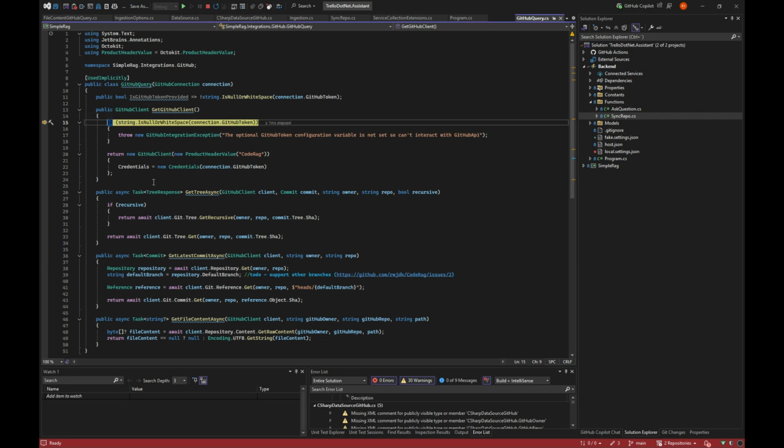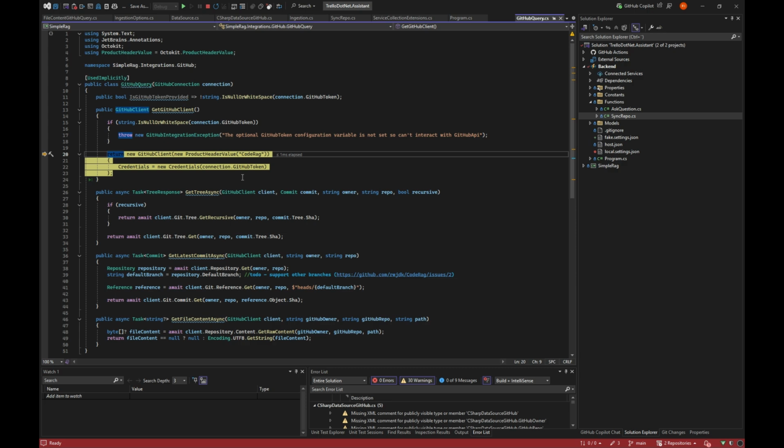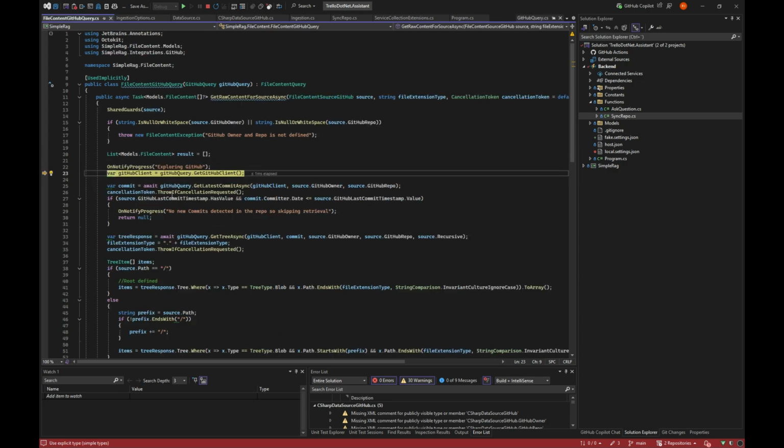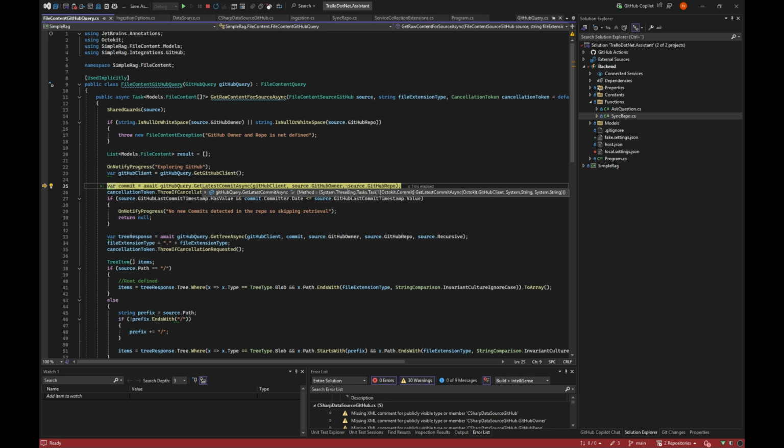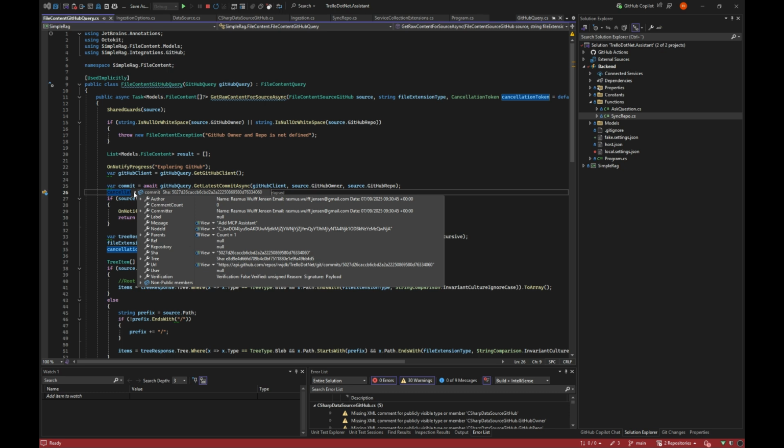So we check that we have our token, and we go in and work with that. So we have a GitHub client, and we go in and check when is the last commit for this. In my case, it's this one, and I think it was a couple of days ago. Yeah, 2 days ago.